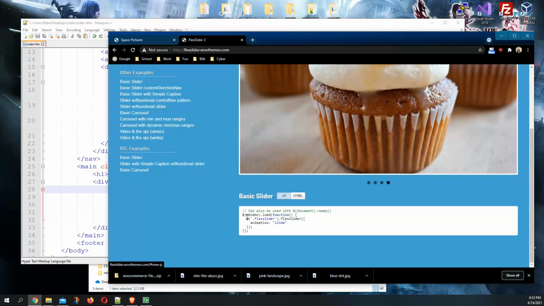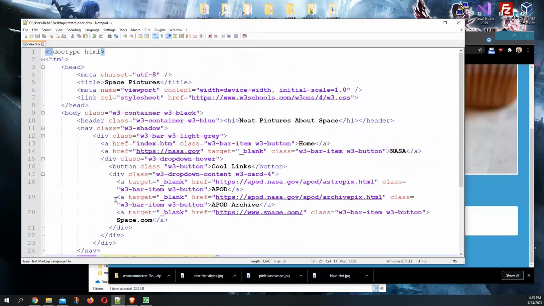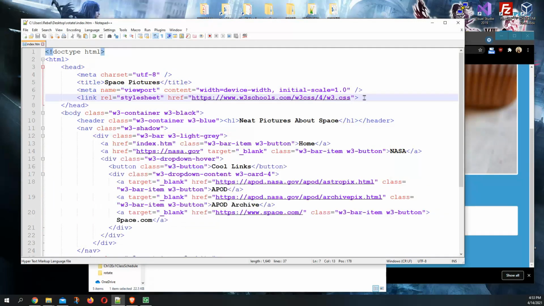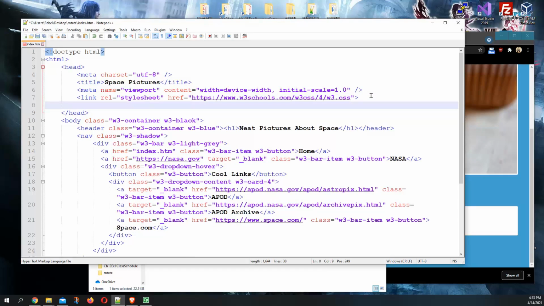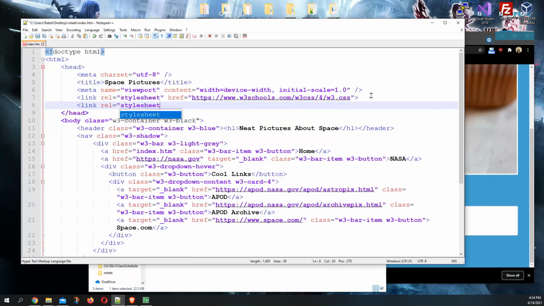The JavaScript is going to be jQuery, and in order to do this, we also need to include the jQuery library. We did pull these files into our folder, our Flexslider and our jQuery file, but we actually do need to include them in our code as well. So we need a link up here at the top, rel equals stylesheet, for our